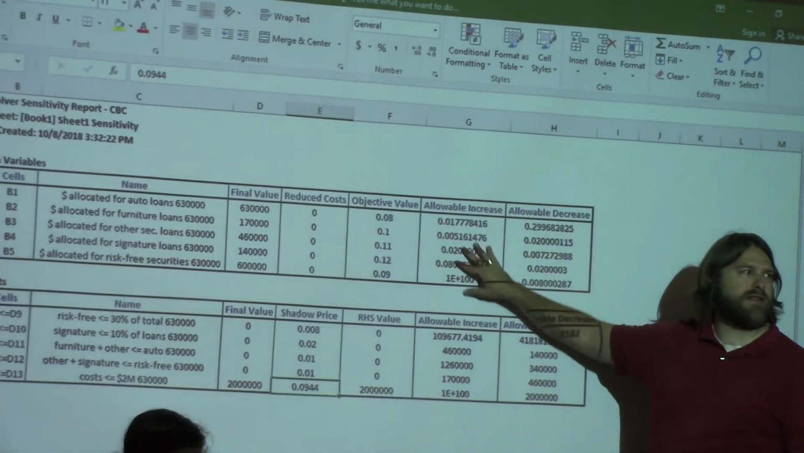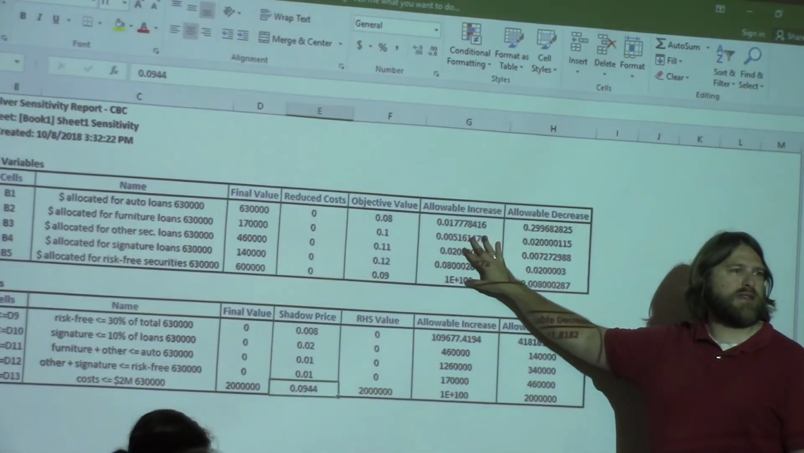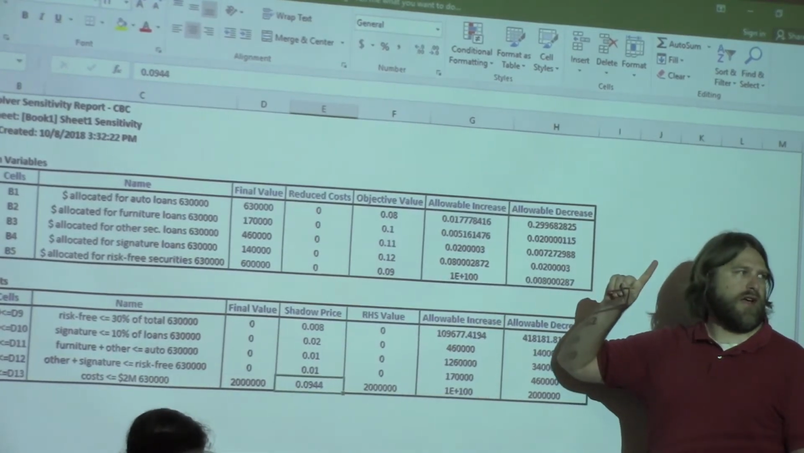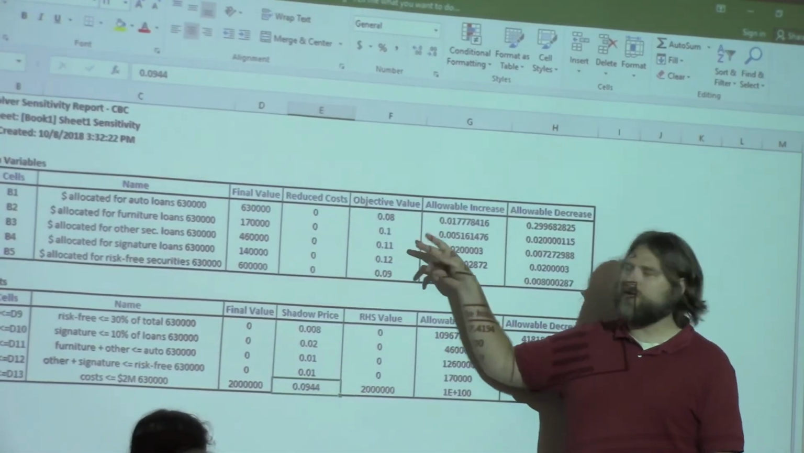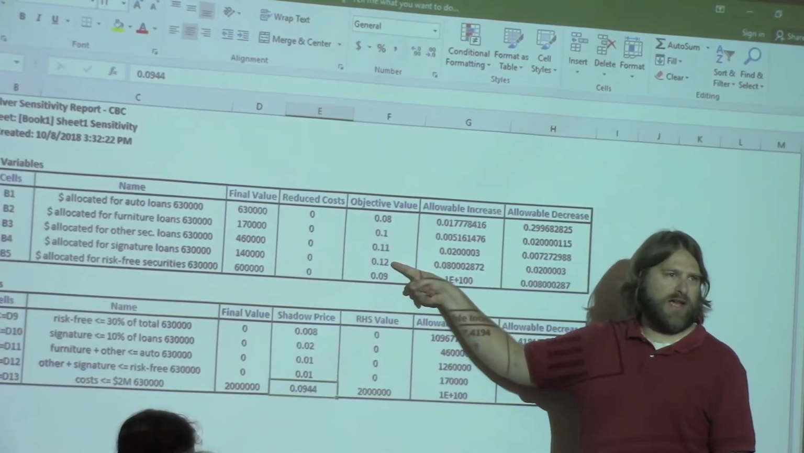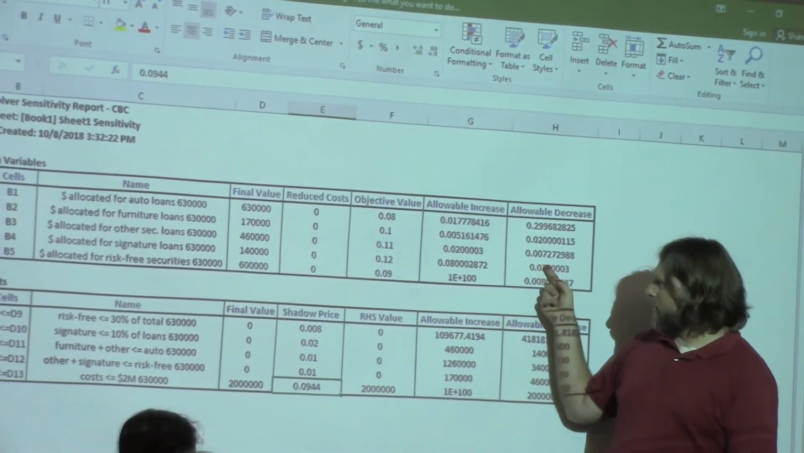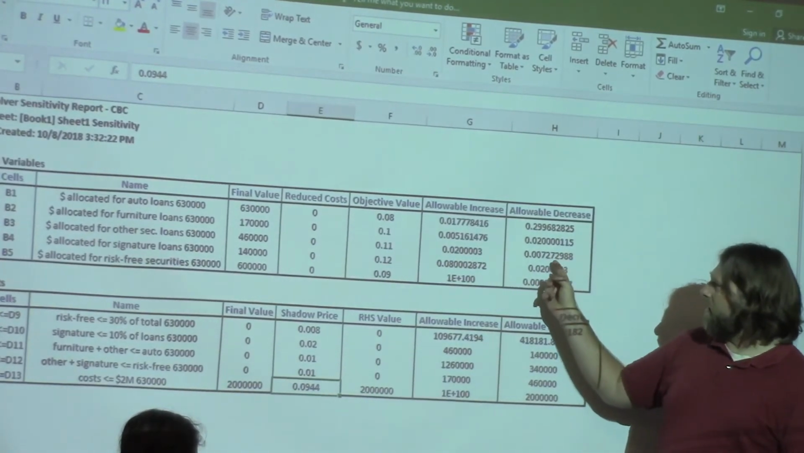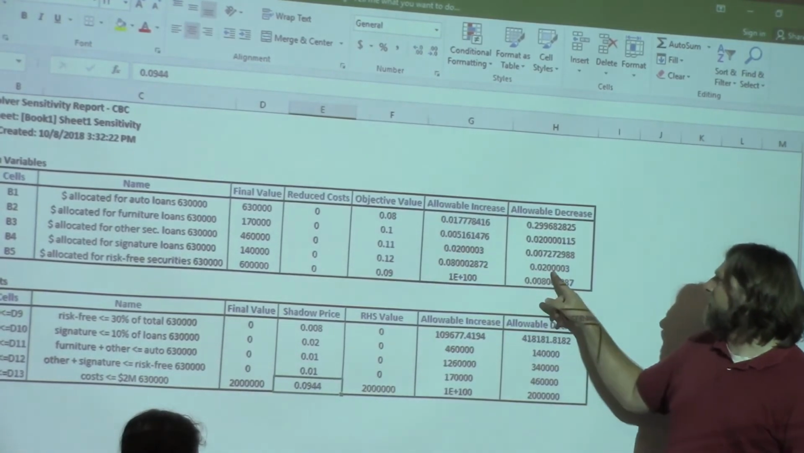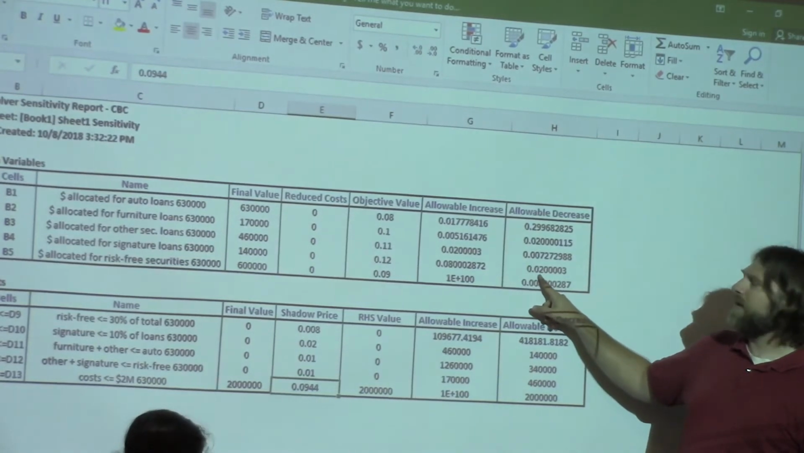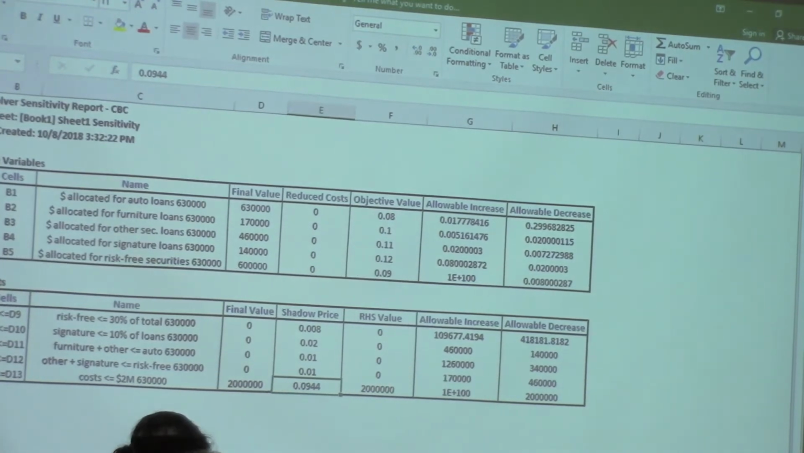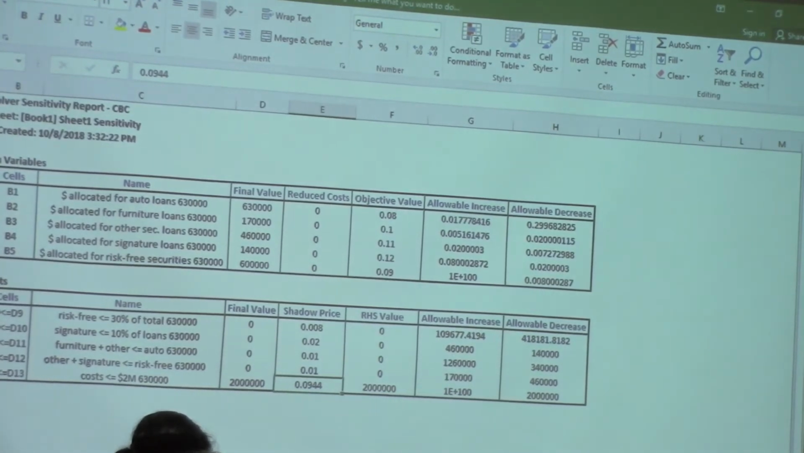So now we can't consult this anymore, right? Because these values are only true if one of these is changed, and I've changed both. I've changed this from 11 to 12, and I've changed this from 12 down to 11.5. Right? So we don't know, even though 12 is within that allowable increase and 11.5 is not in that allowable increase, because we've changed two and not just one. So if we go back and resolve it,